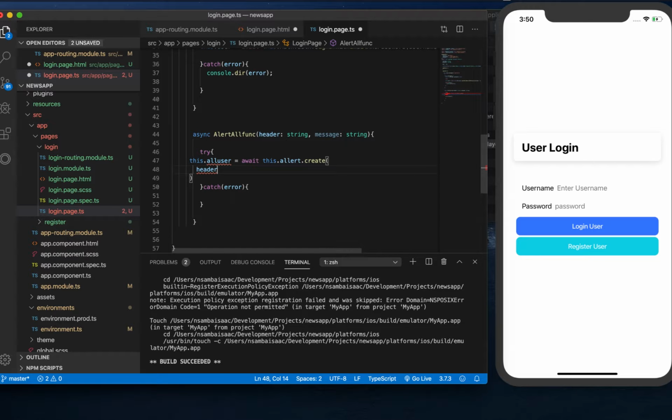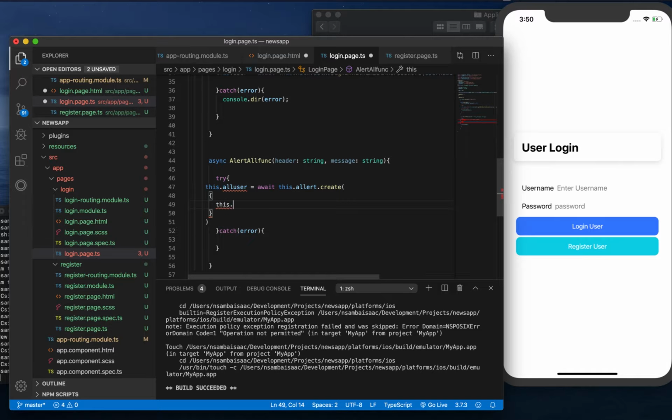So we'll have a header, then message, type message, then we have buttons, type